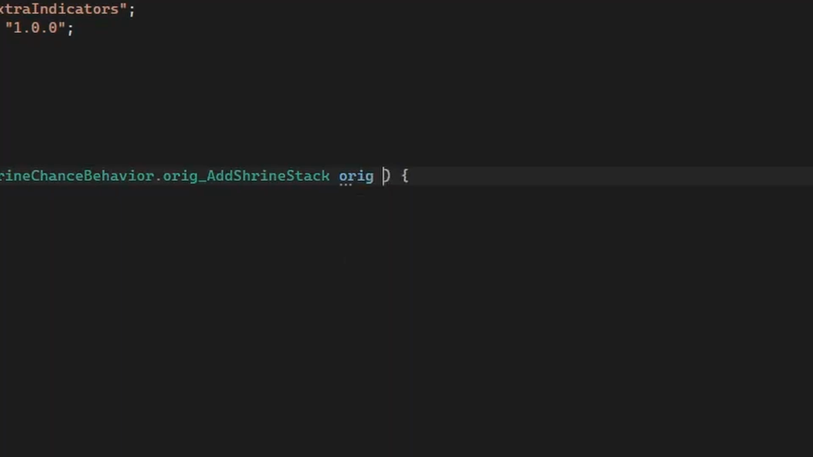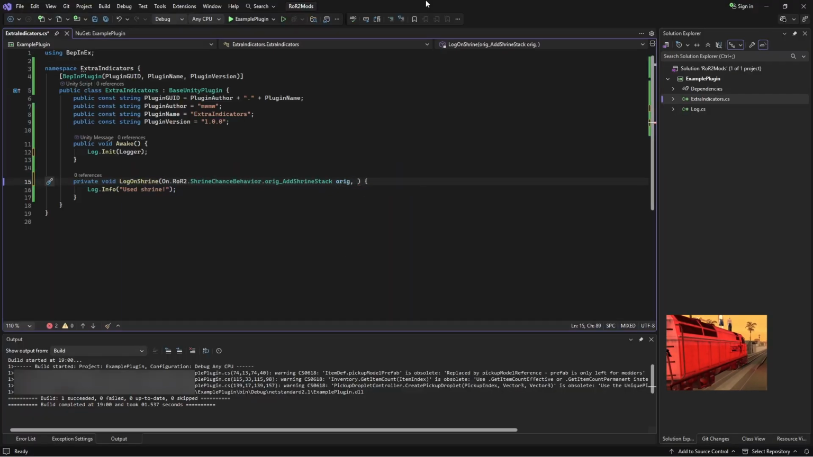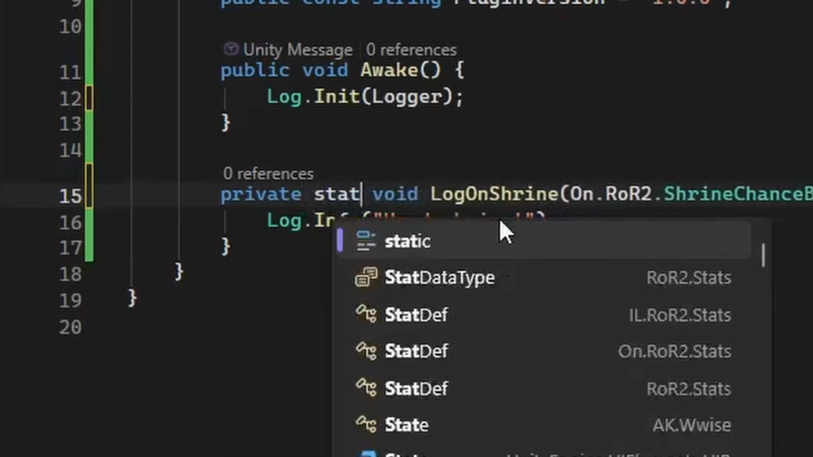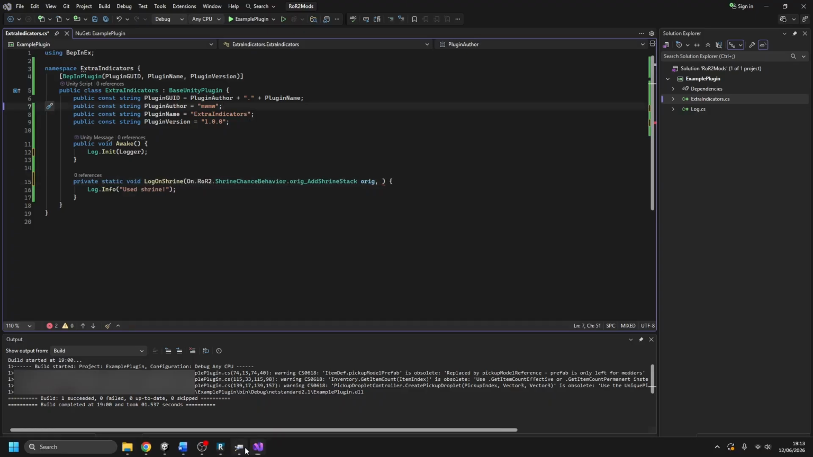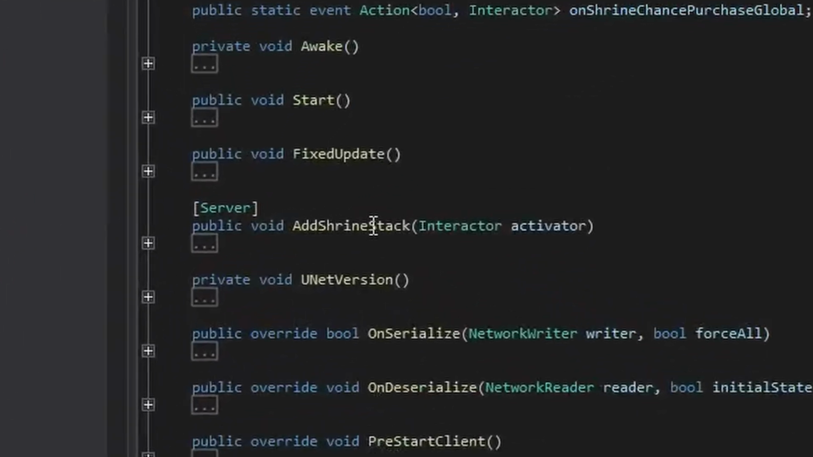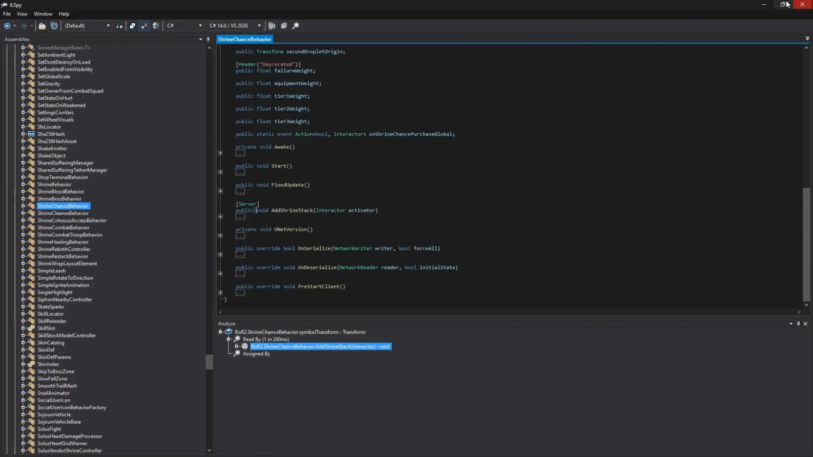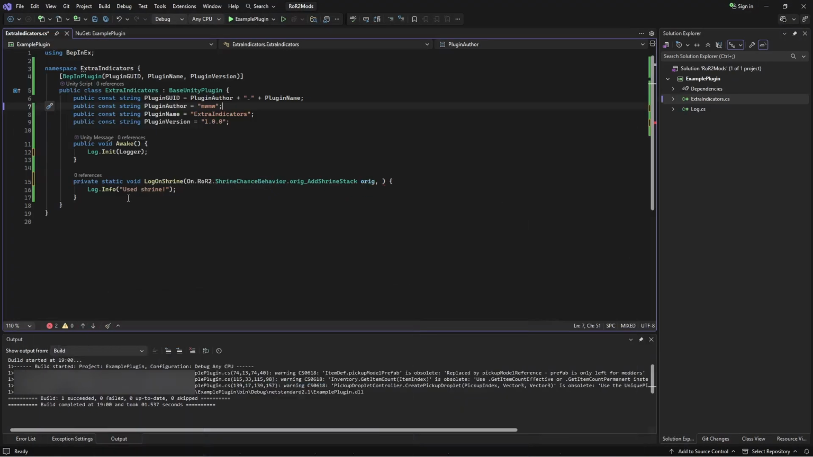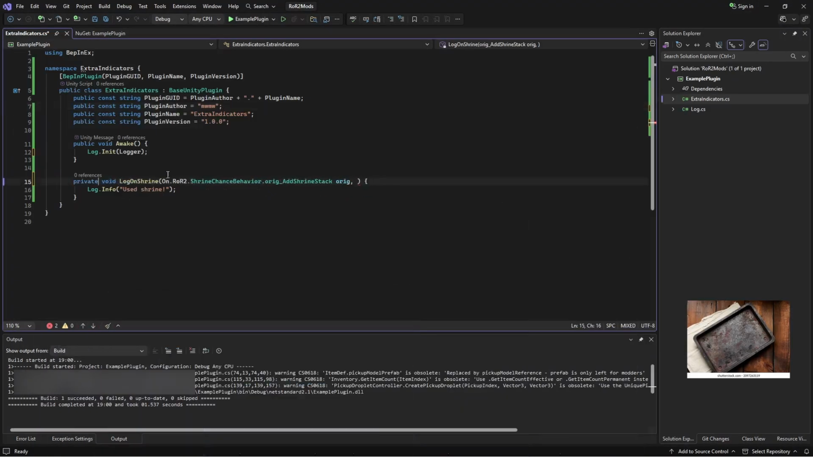That's the original method. Now, if it's an instance method, so if it's not like this, if it's not private static void, or let's take a look, right? Add shrine stack, it does not have static, so this method is called per instance. So we are then going to put